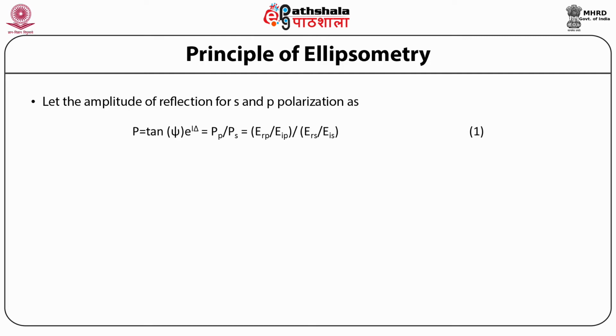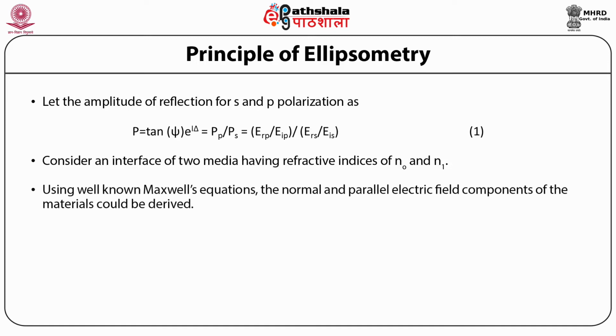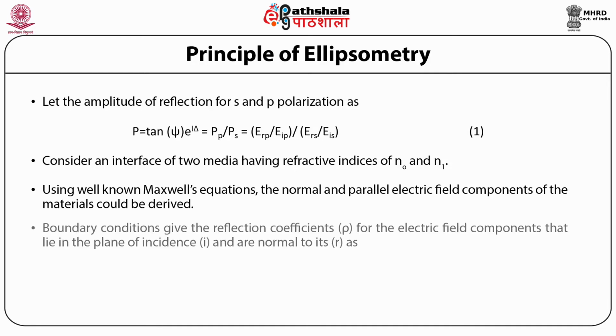This can be written as equal to ERP divided by EIP, divided by ERS by EIS. Now, consider an interface of two media having refractive indices of N0 and N1. Using well-known Maxwell's equations, the normal and parallel electric field components of the materials could be derived. Boundary conditions give the reflection coefficients ρ for the electric field components that lie in the plane of incidence I